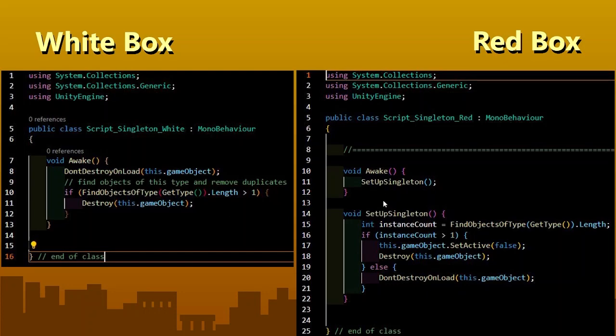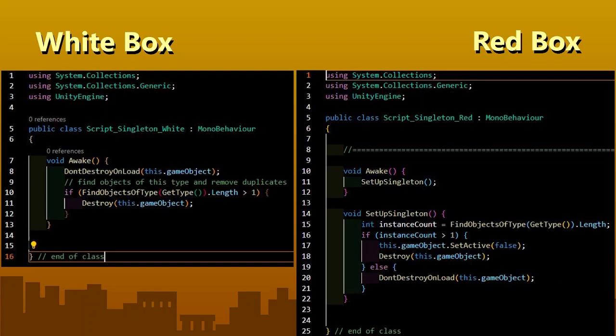So what have we changed here from the script on our white box? We have introduced another function, which is usually recommended to do in Unity. You should always avoid writing code commands directly in Unity's built-in functions, like the Update or FixedUpdate or the Start function. A good habit for you to acquire early on is to only call other functions in Unity's built-in functions, and have your actual code in these other functions, like here. So we are calling the other function, which is called SetupSingleton. Here it is. And our code is here.